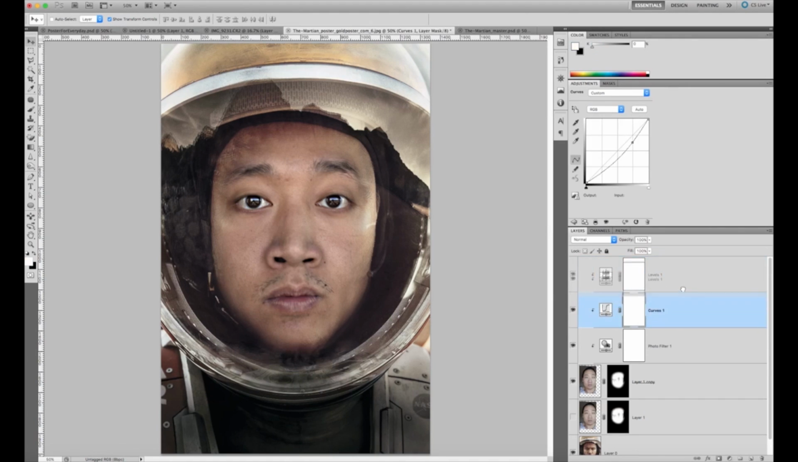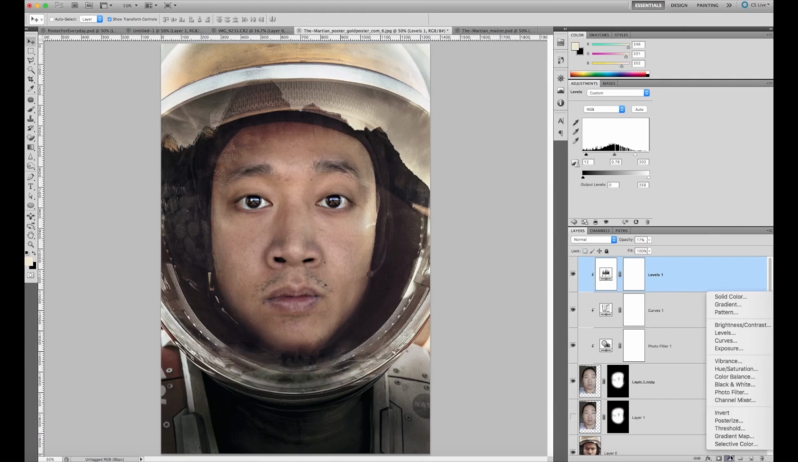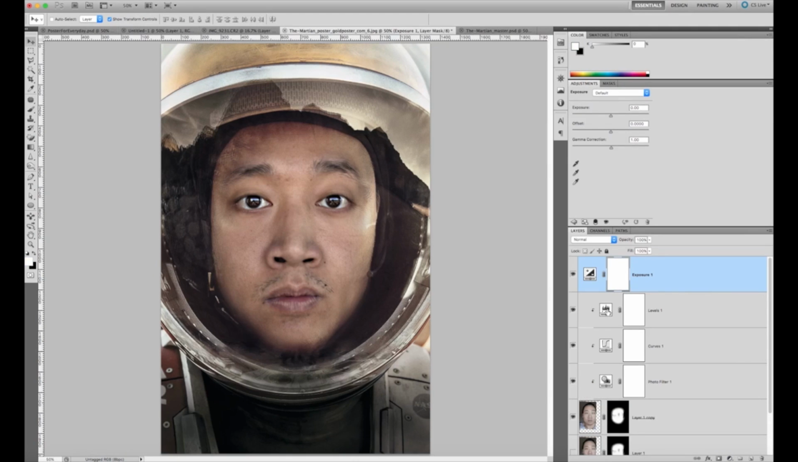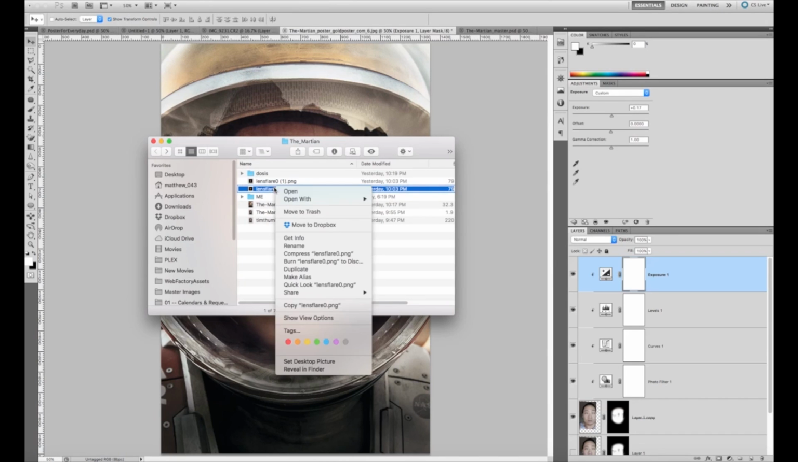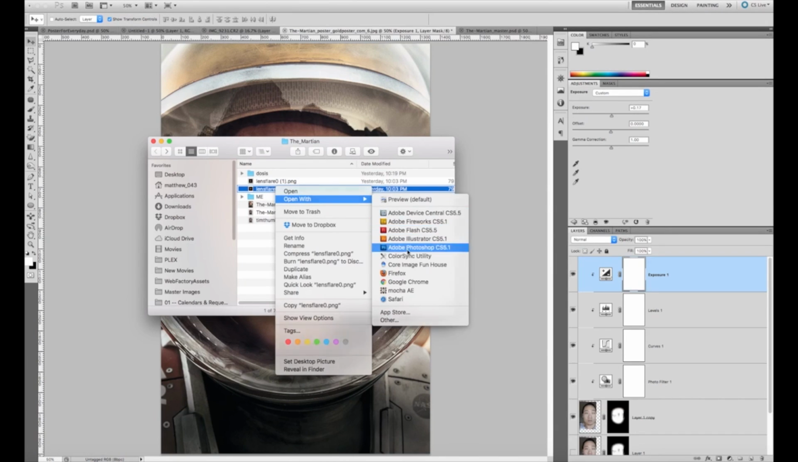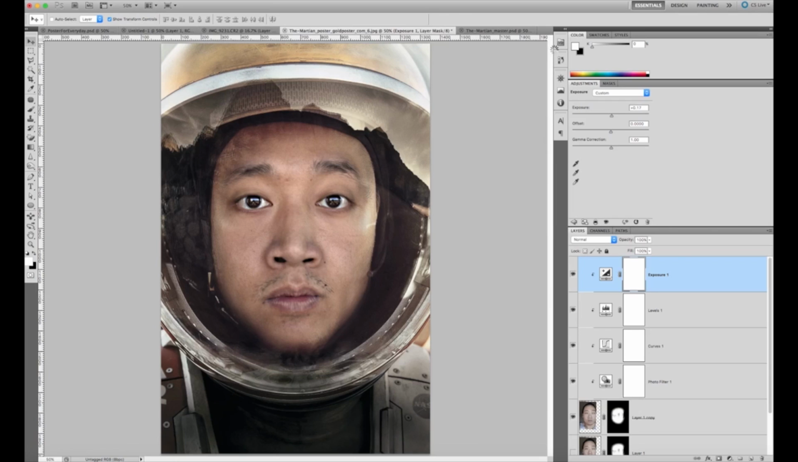I'll add some levels just to play with the shadows and stuff. And also some exposure, just a tad. So I think we've got it as close as we can get to what Matt Damon's original poster looks like. It's not ideal, but